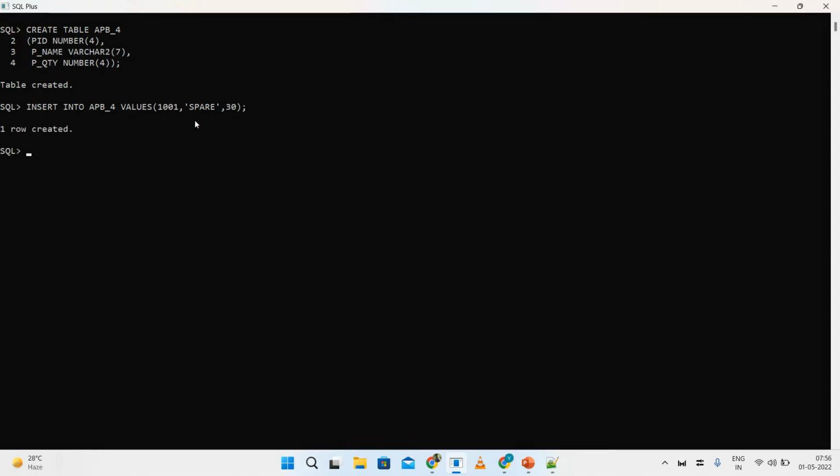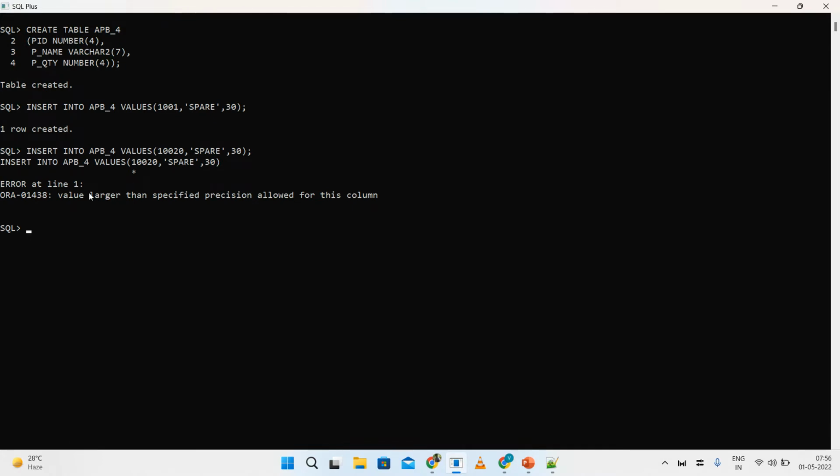So one row inserted. For example, I have declared 1002. What is the value, guys? Value larger than specified precision allowed for this column. What is this error? Yes. If you try to insert more than 4 bytes,